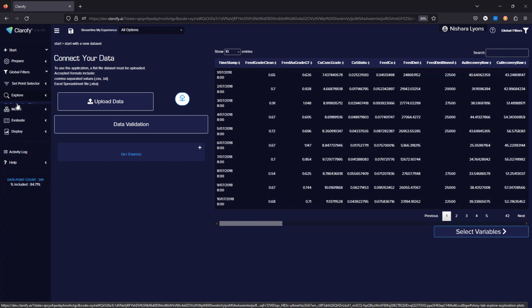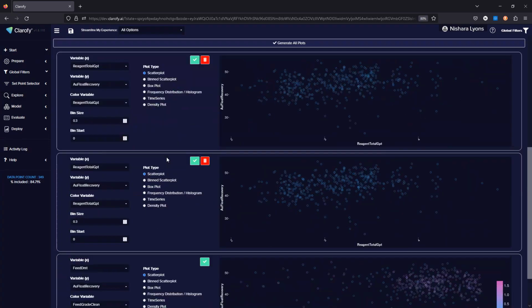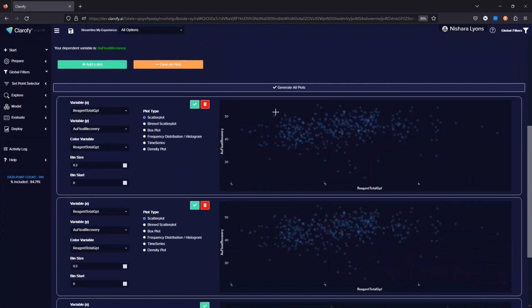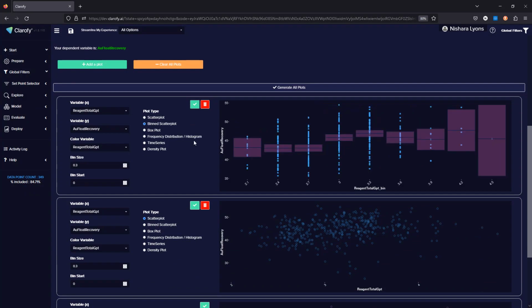Let's go to plots. In Clarofy, you have this option where you can set your variables and look at your plot right here. And if you want to bin it, all you have to do is two clicks and it's binned. So you don't have to worry about putting in formulas for medians. If you wanted to change it to something else, you could. If you want to change your bin size, it's very easy.